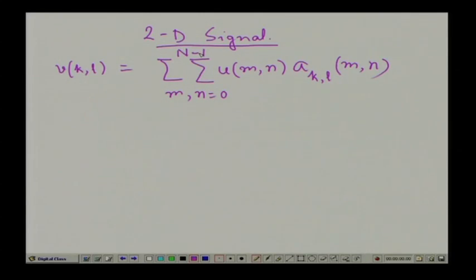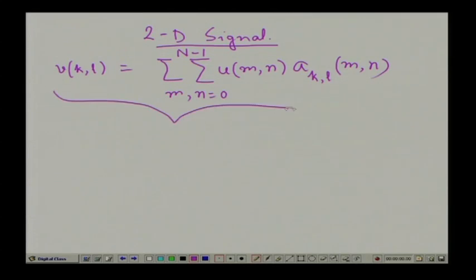So, here u m n is the input image, it is a two dimensional image. Again we are transforming this using the unitary matrix A, and in the expanded form the expression can be written